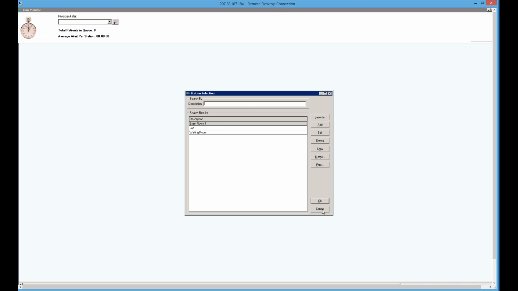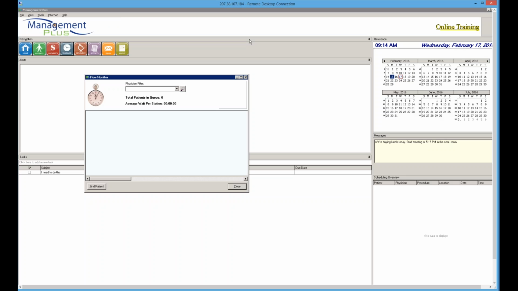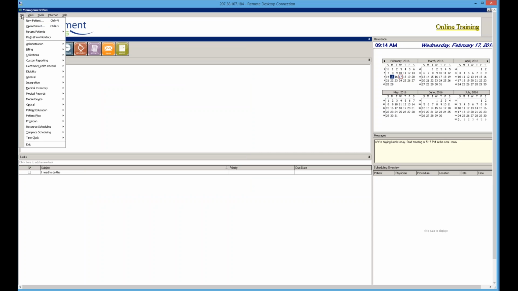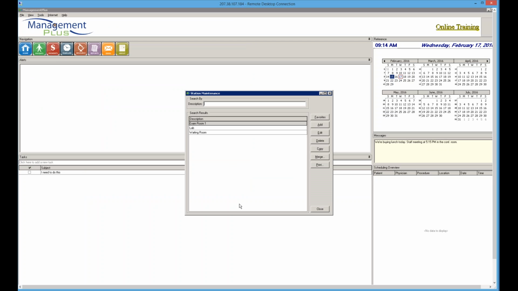And if it's easier, we can definitely do this instead of opening up your flow monitor. If you want to go to File, Patient Flow Setup, and then Stations, it'll pull up the same table. So you can just work on creating all of those different stations. But this is going to be every room where the patient could possibly be during his or her visit. So I just have a few added here: waiting room, lab, exam room,